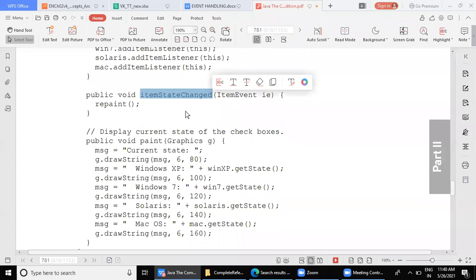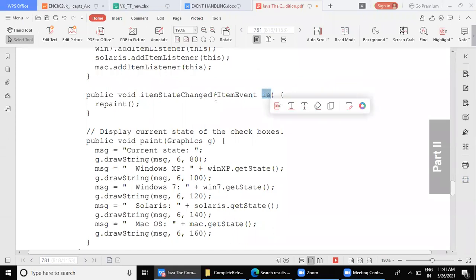For a checkbox, it is ItemEvent. For ItemEvent, ItemListener. But for ItemListener, the method is itemStateChanged. Look at the cases as well: S and C capital. And then the reference of the ItemEvent is passed. As I told you, by convention, we use the initials IE. You can give any name. So once we have registered, in itemStateChanged, we are just calling repaint.